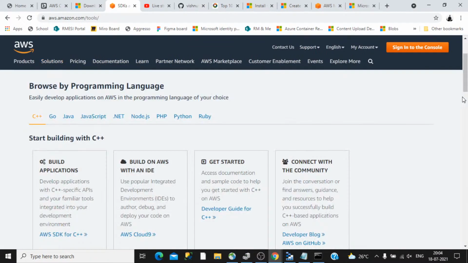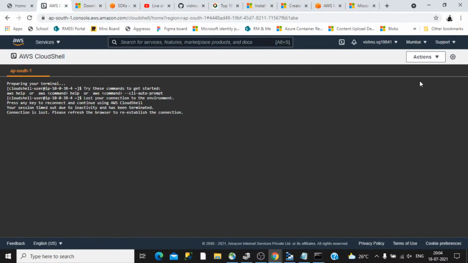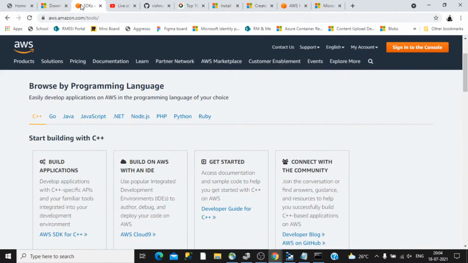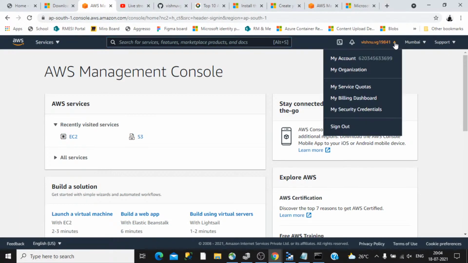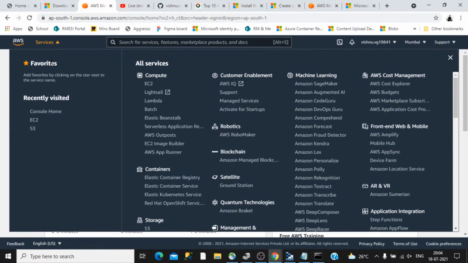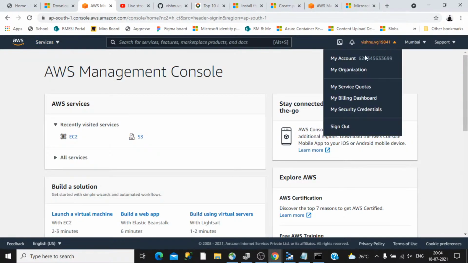And once you create an account, you will reach a page like this. So this is the page you will get after you sign in. You can see all the different things. The good thing is that in the case of Amazon, everything is there in a single location. For example, if you want to see the different services, you can click here and you can see all the different services out there. And similarly, if you want to view any account related information or the billing dashboard or such kind of thing, you can view that as well.